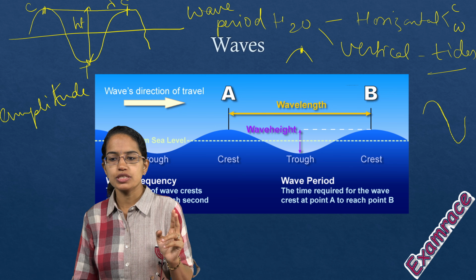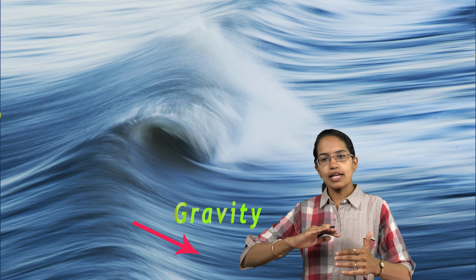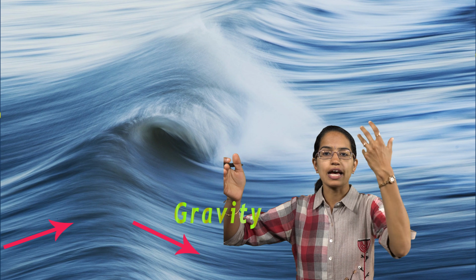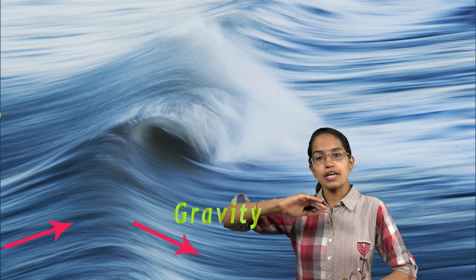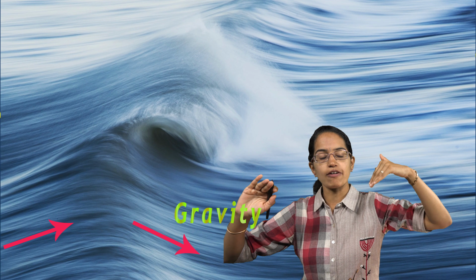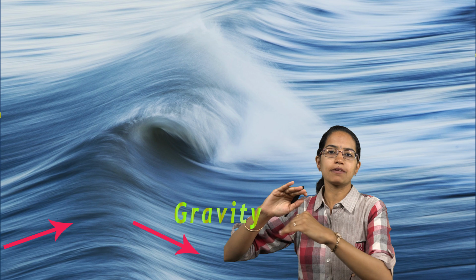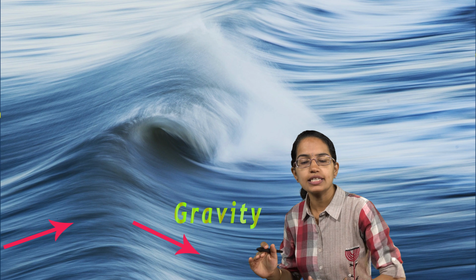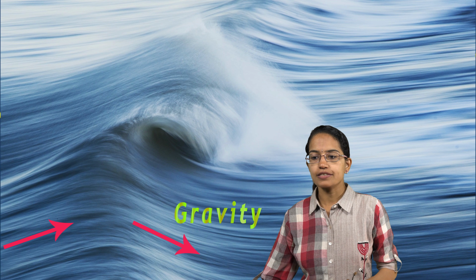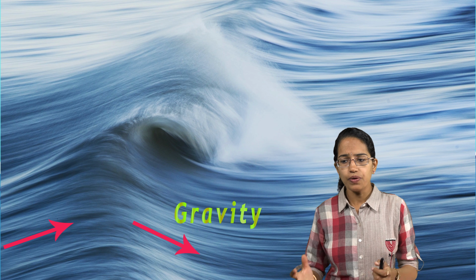So there are two forces that act. One force pushes the waves downward, and definitely the force which is pushing the wave downward is what? It is gravity. On the other hand, you have the wave that goes up. Now why does the wave go up? Going down is very simple, that's due to the effect of gravity. When the wave is on the other side going up, why does it happen? It happens because you have the falling water which exerts the pressure. And because of this falling water that exerts the pressure, you have the upward movement that takes place. And that's very, very important to understand.